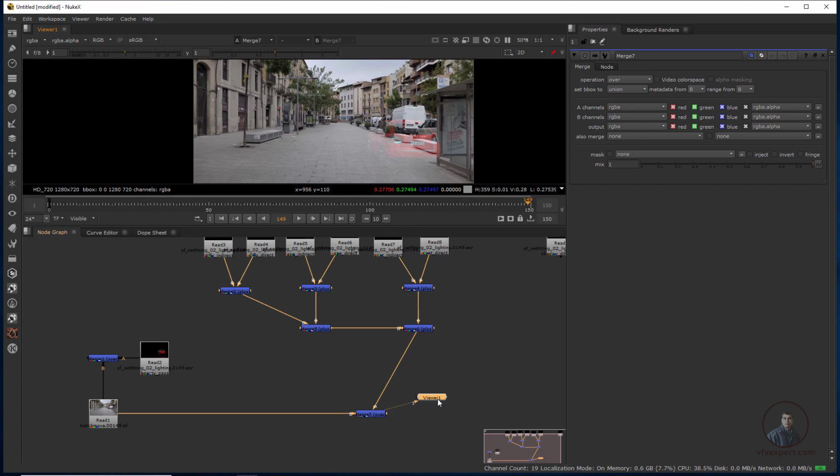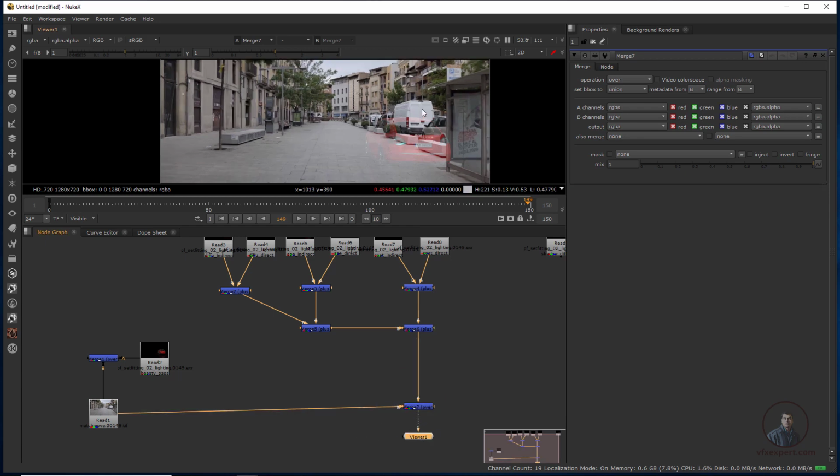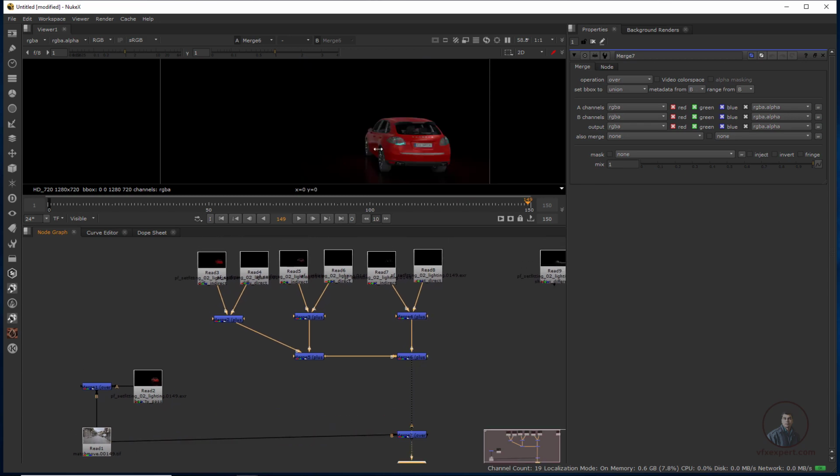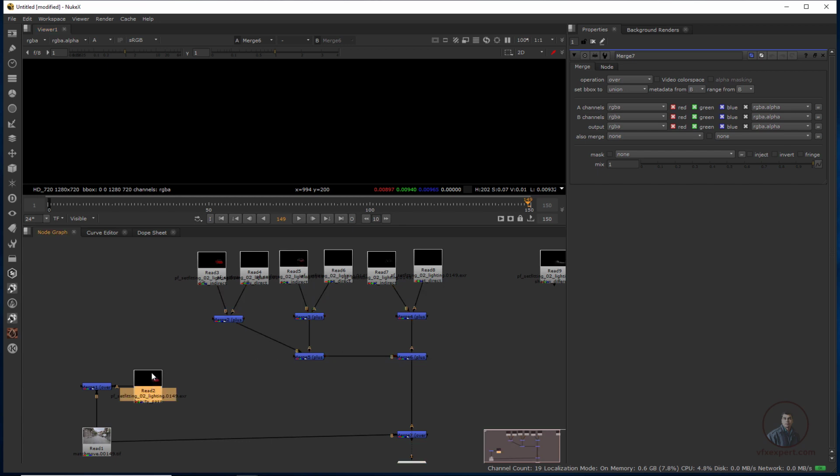Now here you will see, in the final compositing our car is a little bit blending with our original footage. So this is the main problem, due to our alpha channel. Okay, because till here just check, now I have selected merge node 6, now select and press 1. Now here if you check alpha A, there is no alpha. Okay, so we have to copy the alpha channel from our beauty pass, because beauty pass has an alpha channel.